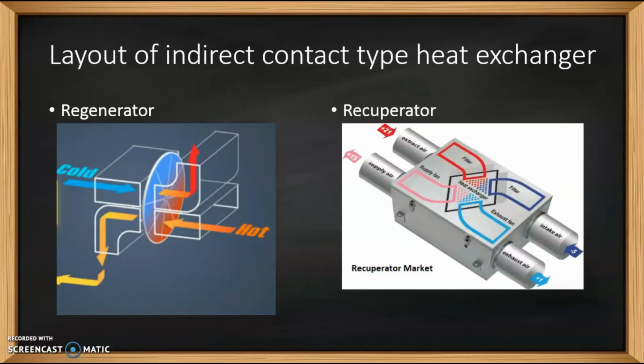Now we discuss recuperators. In recuperators, the fluid cannot be moved and is stationary. In this arrangement, this is a fixed wall, and both fluids exchange heat across only the single wall, and there are no rotating elements. This kind of heat exchanger is called a recuperator.